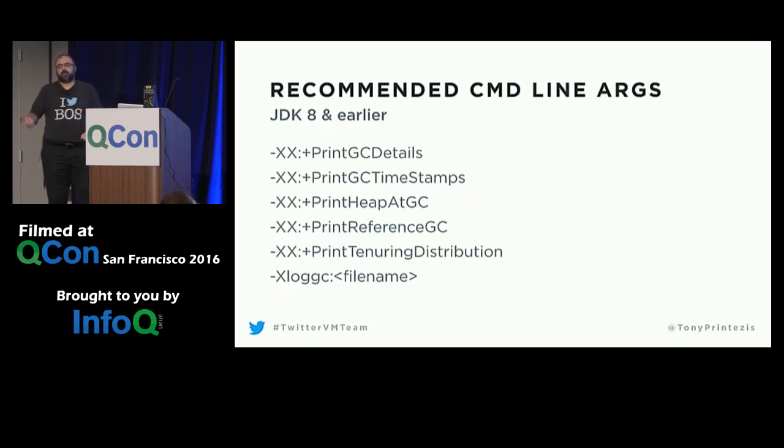So the minimum number of command line arguments I would recommend that you enable, and again, we have to survive with Java 8 for the time being, at least until July, so it is not too late to start using these options, right? The minimum number of parameters are these. And I'm going to cover the first 5. The last one basically sends the GC log to a file. It's very, very helpful, so the GC log doesn't mess up your output, and your output doesn't mess up the GC log. So please, use that option. So I'm going to show you what the other 5 do.